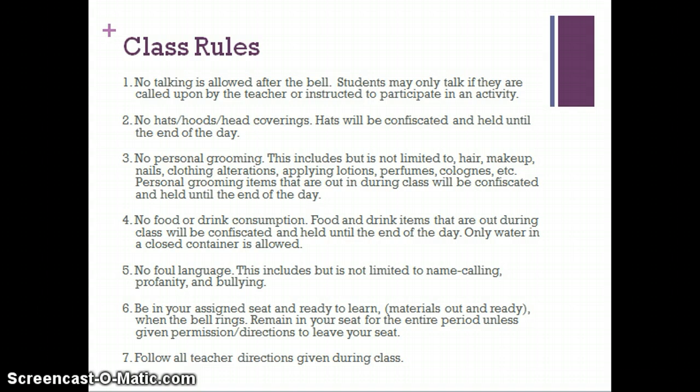Only water in a closed container is allowed. Please, please, please bring water to school with you to stay hydrated, because it's going to be hot, especially in September, October. But no other drinks, especially the sugar drinks like sodas and teas and Gatorade and all that good stuff. I know you want to quench your thirst, but water is the only way you can do it in